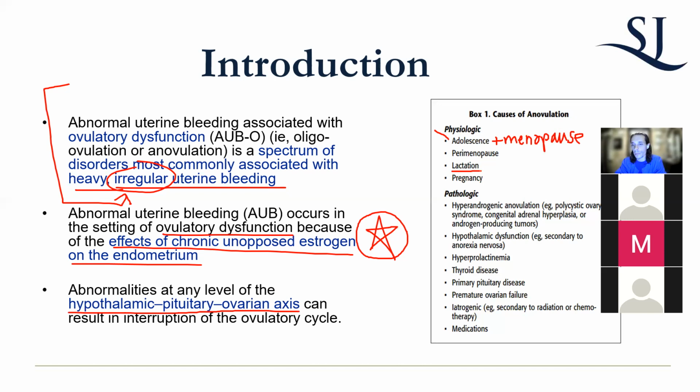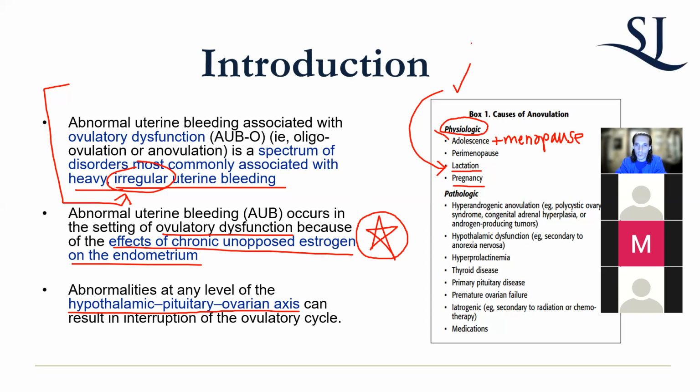Lactation can cause an irregular menstrual cycle, but it does not preclude you from getting pregnant. I had a patient who was breastfeeding after a vaginal delivery, and then she stopped having a period. And then she said, oh, I don't know, I haven't had my period. And then we said, oh, let's just do a pregnancy test, and it came back positive. And she's like, I didn't think I could get pregnant. Well, you can. She was pissed. But just know that. And obviously, if a patient is having amenorrhea, you have to check if they're pregnant. So those are physiologic reasons for irregular cycles.